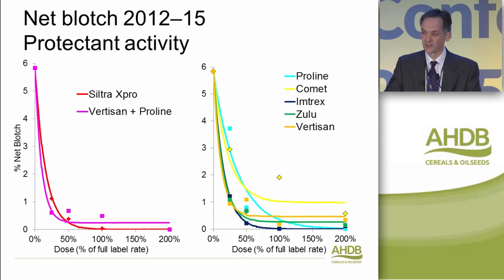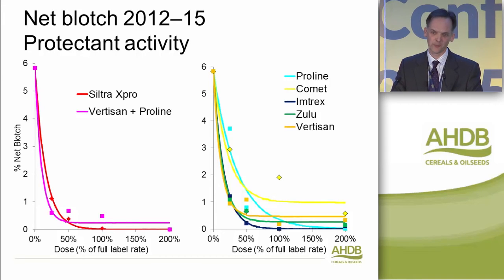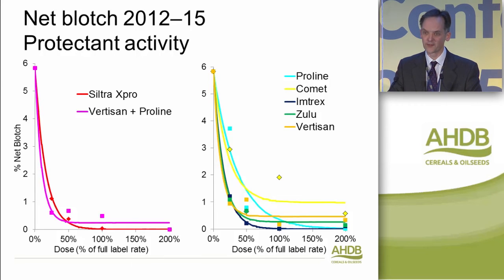On net blotch, we had some additional information from 2015, and again we've looked at this across seasons, but I should add we're seeing good activity from the SDHIs when we look at the average across seasons. We were seeing good activity from 2015 as well, which is reassuring because there is concern out there that there are isolates of net blotch that are now less sensitive to SDHIs. Does seem as yet, though, we're not seeing a change in field performance, and here certainly all of the SDHIs